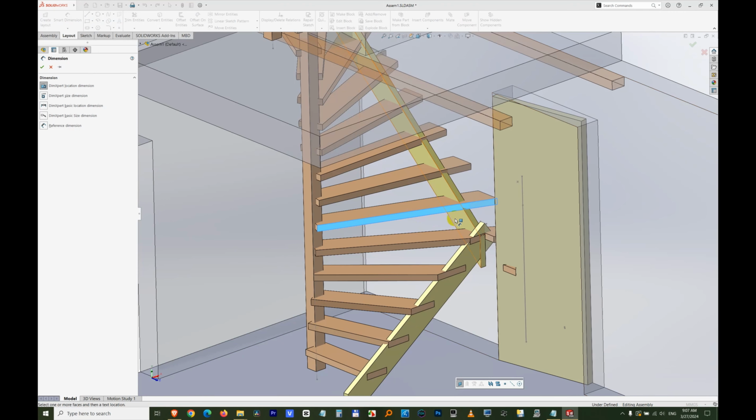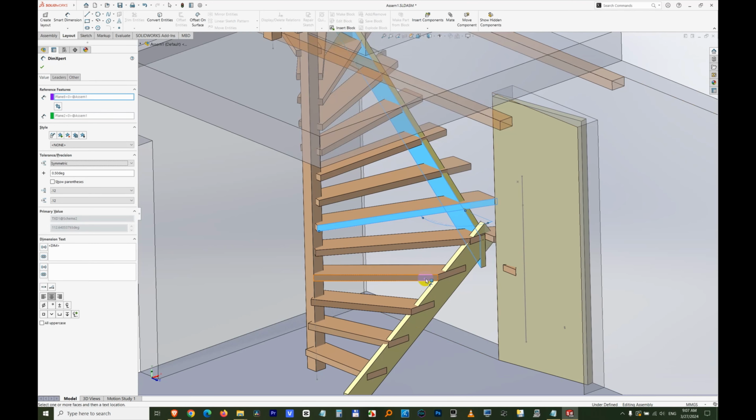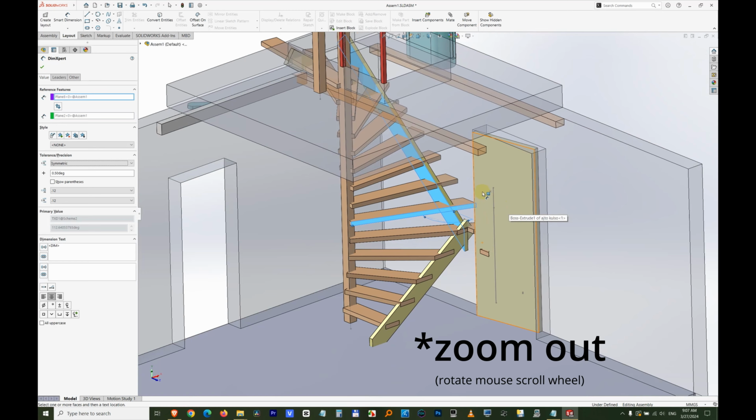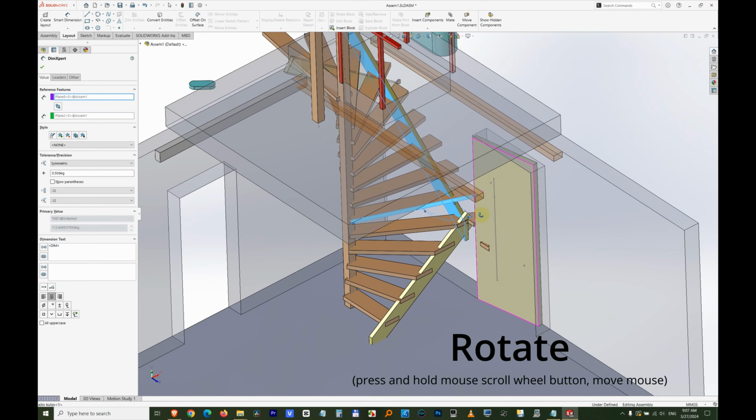Now the second one is this wood, but this portion, not the top. Notice it's getting orange when I'm over it, so click on that one also. And automatically this angle appeared, so simply left click on it, let's say there. And now if we scroll out and push down the scroll wheel, now we can move it to a desired location where we can read the number